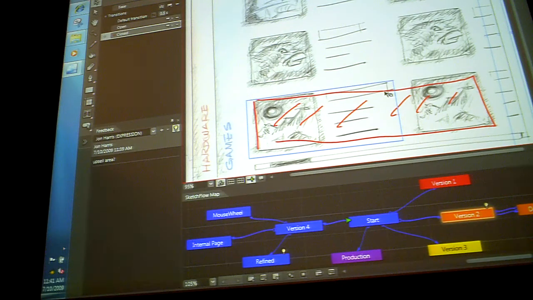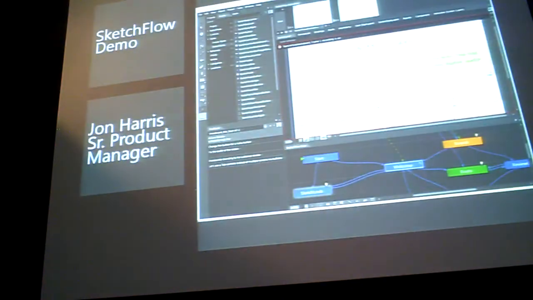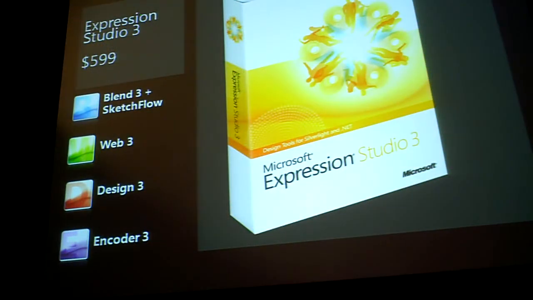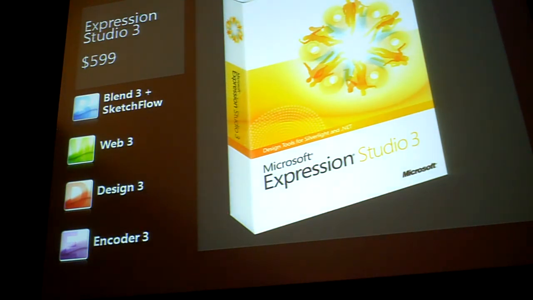So you've probably got one burning question now. How do we get all this stuff? So let's have a look at how we actually get the products. Well, Expression Blend comes as part of Expression Studio, along with web, design, and encoder. Essentially, you get everything in one box that allows you to build interactive web applications using Silverlight, out of browser applications, again using Silverlight, desktop applications using Windows Presentation